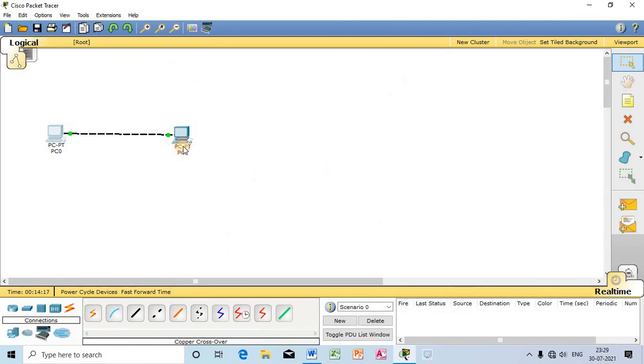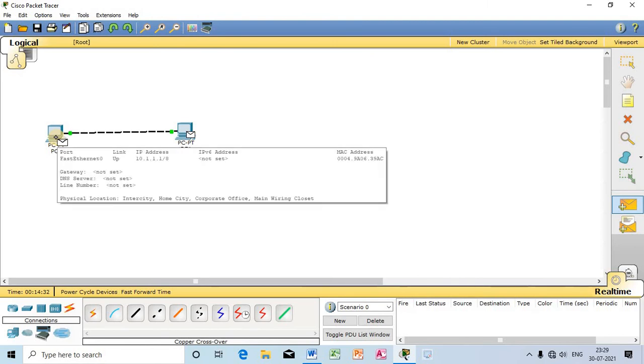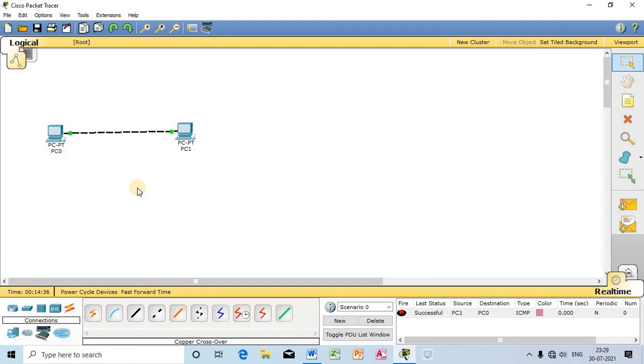So let me send a packet. Now I have taken a packet, which I would like to send from PC1 to PC0. Let me check whether the packet transfers. Yes, we can check it in the latest status. The source was PC1, that means we sent the packet from PC1, and the destination is PC0.